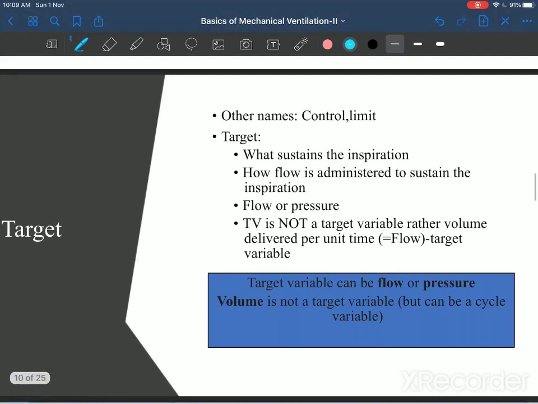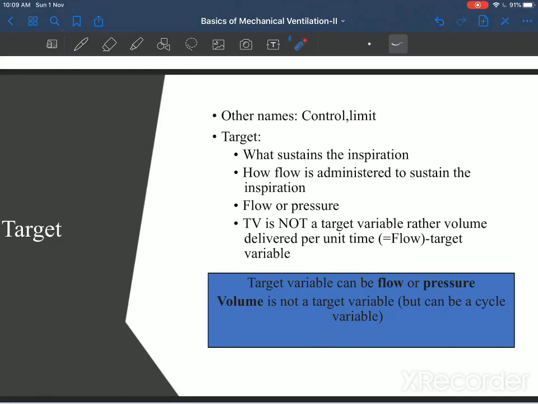Imagine a situation where you have a ventilator which only triggers a breath if the patient is taking a breath. What happens if the patient is not taking a breath? Is the patient going to receive no breath at all? You get my point. So assist control mode is like a backup mode. In case the patient does not take a breath, the patient will receive a minimum set number of breaths that is set by you. So this is about the trigger, what initiates a breath.